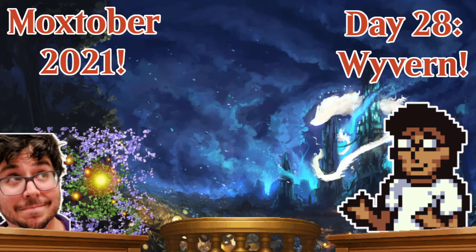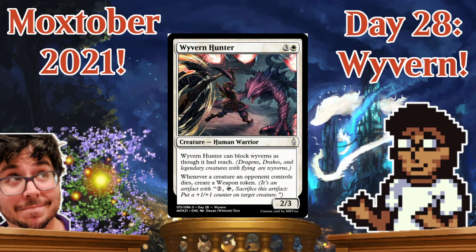Okay, we've got a batch going on here, which I appreciate for more than one reason. We see how folks have interpreted wyvern. We've seen dragons, we've seen drakes. It's like, what are they? But this one clumps them together, which is cool. It brings them together into a batched keyword, but also puts in legendary creatures of flying, which I think is